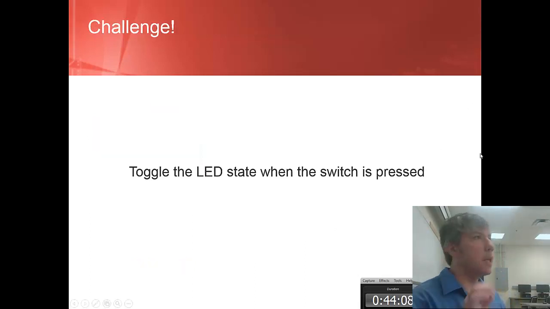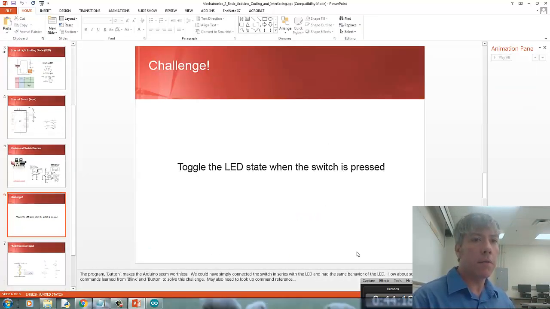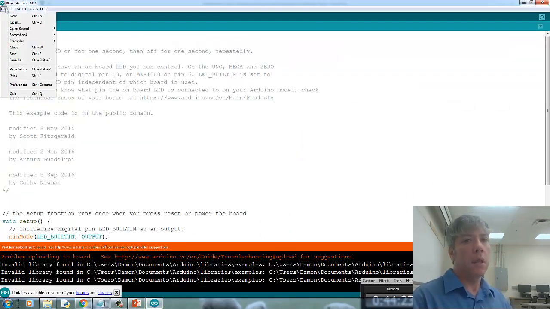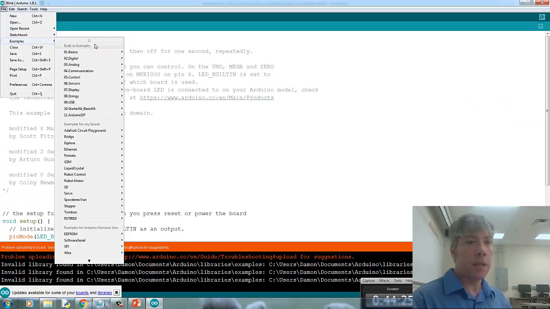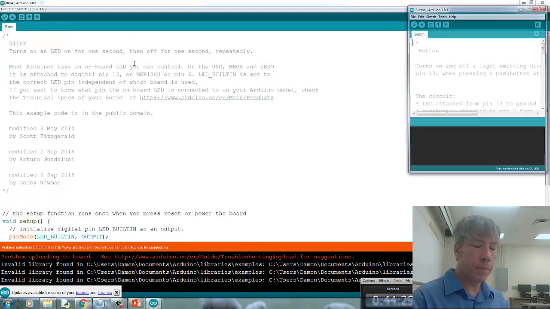So the blink program turns the LED on and off, and there's another program I wanted to demonstrate for you. I'll go into the IDE itself to show you this one. This is a fairly simple program. It's called Button, and we'll just go into the IDE. I didn't copy this into the